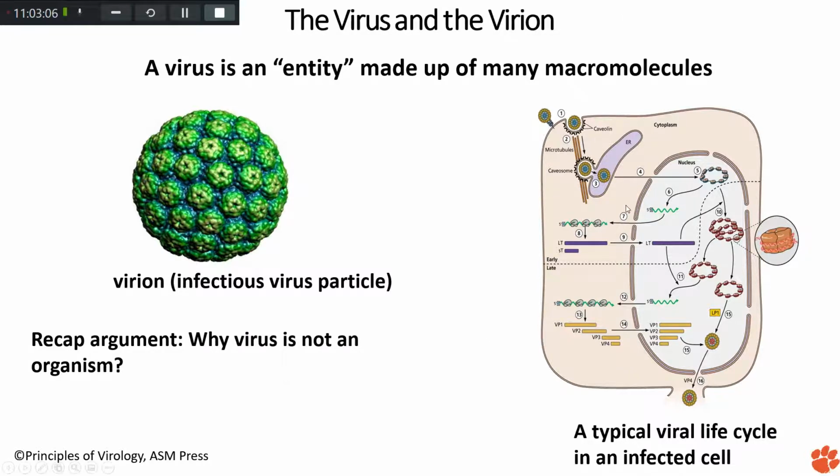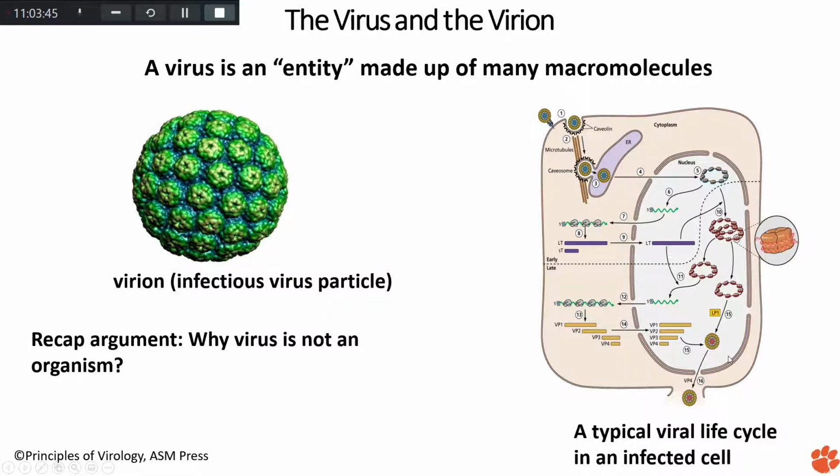So here we are going to see these pictures a lot of the time. You can see a caveolin-based specific type, you have a receptor binding, and the virus is entering, and it takes these microtubules to travel into an endosome. From there, the genome is released into the nucleus. The genome is replicated. On the other hand, it makes the mRNA. The mRNA makes the proteins. These genomes also make some early mRNAs and some late mRNAs, late mRNAs make more proteins, and then the virus is assembled and just gets out of the cell.